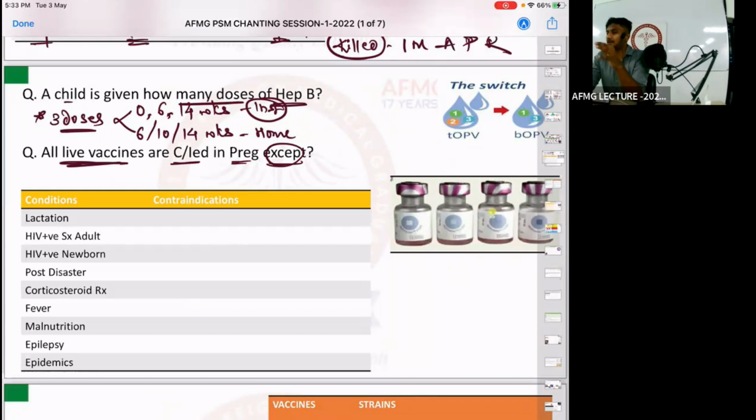But if a pregnant female wants to go to Africa at any cost, मुझे जाना ही है Africa for whatsoever reason, she wants to go, ठीक है? So whatsoever reason she wants to go to Africa, ठीक है? So at that time you need to give yellow fever vaccine to the patient, okay?